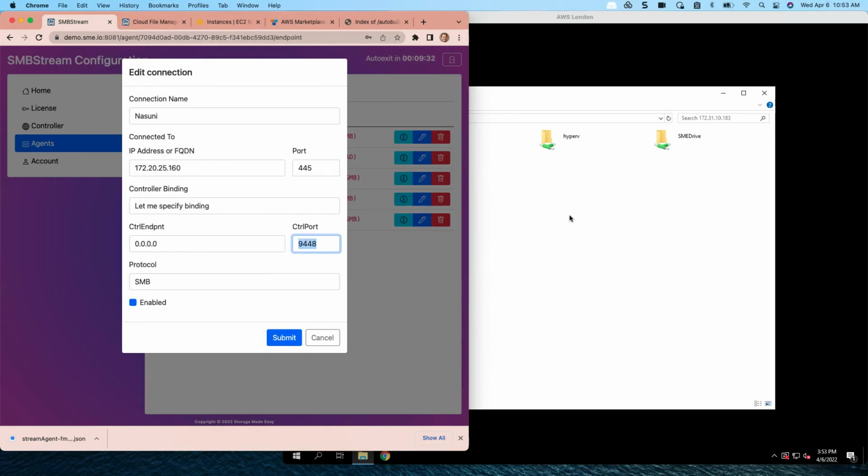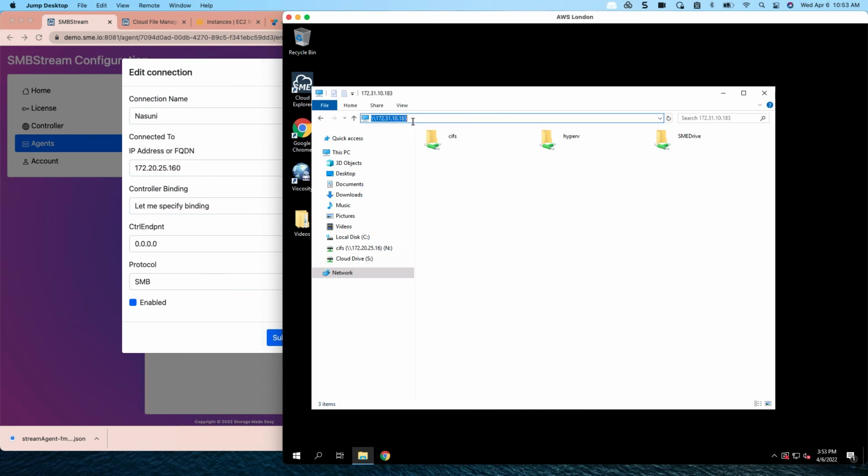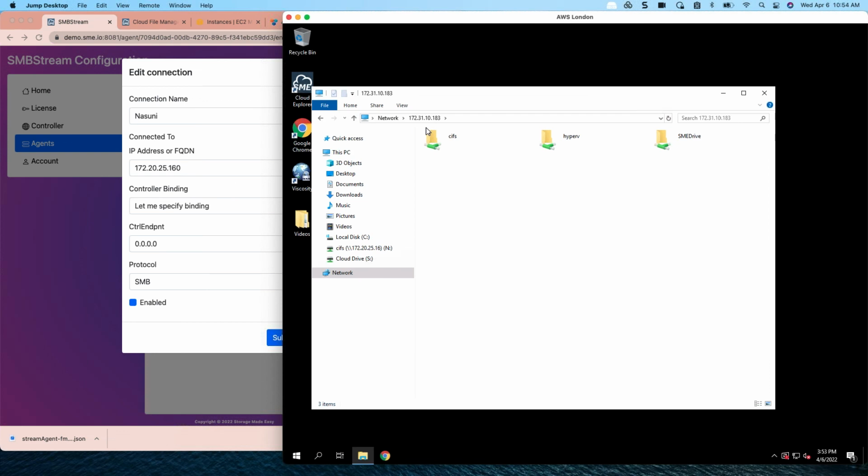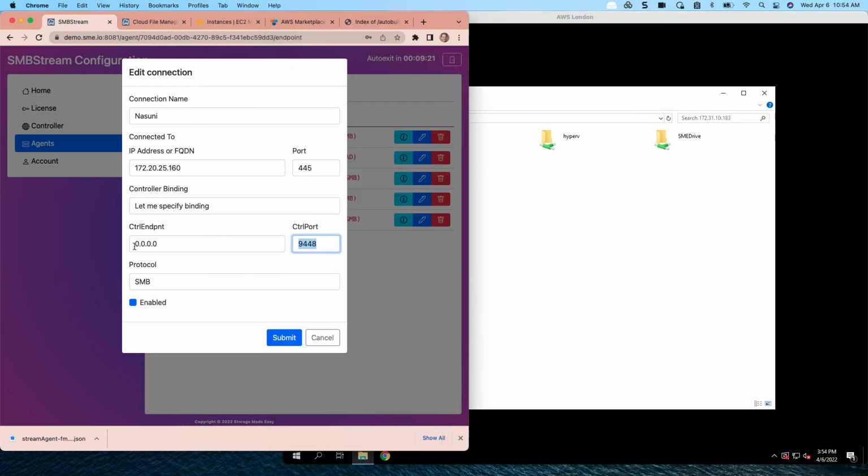So this is the IP address of the Nasuni in headquarters. And I'm making this publicly available on the controller with this port number. Now in Windows, I can't change the port number. They don't allow me to do :9448. Linux would. In that case, what you do is you set the controller endpoint to a different IP so that you do multiple